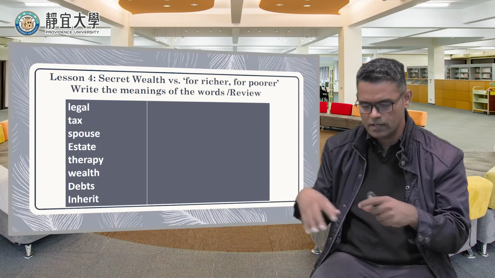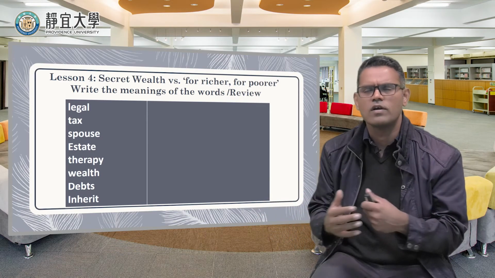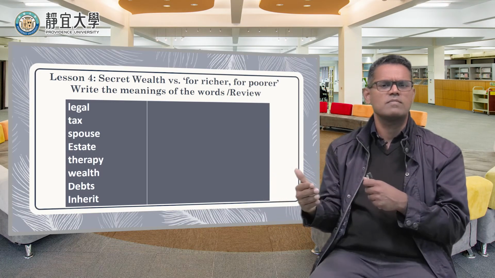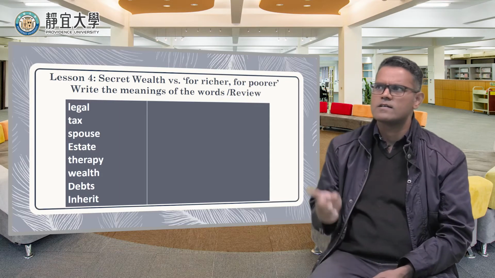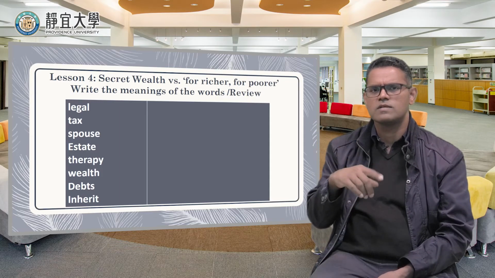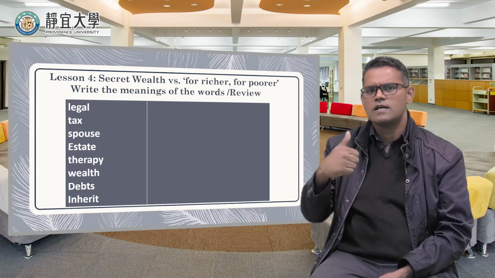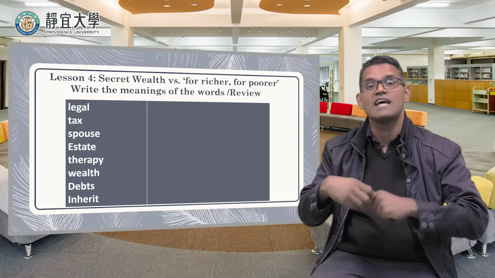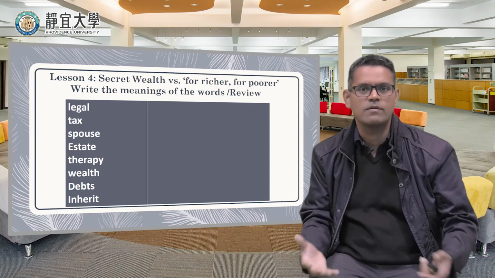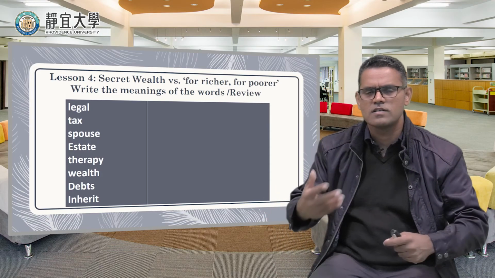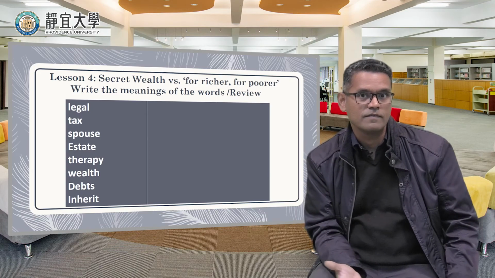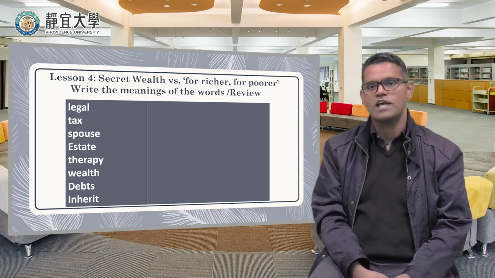You read, understand the meanings. Okay, fine. Now I know what it talks about inheritance, or what it talks about debts. It talks about husband and wife. If husband has debts, how wife should deal with the debt if they get divorced. Couple of sentences. And this is also a topic to discuss, right? I hope you understand.